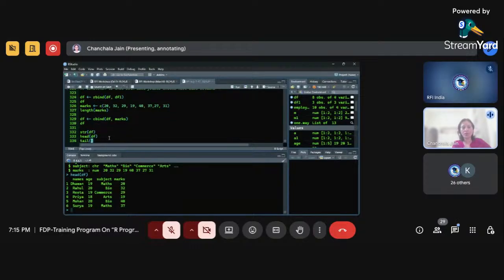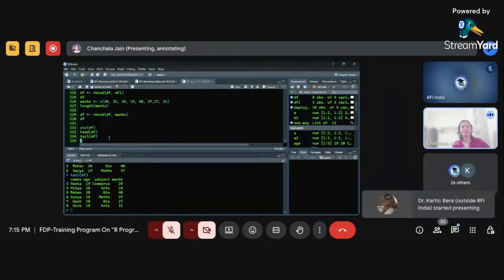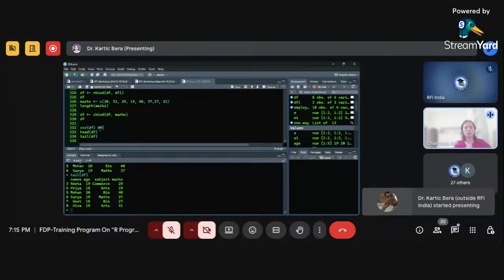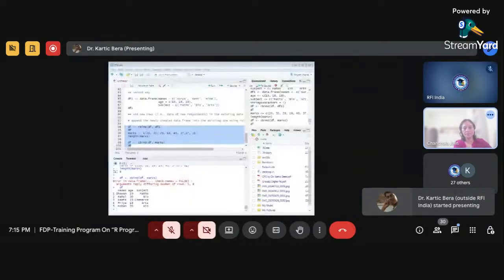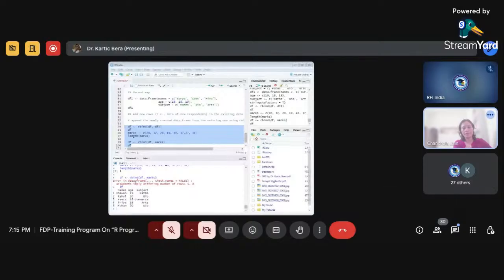Three more functions I need to tell you, and then we'll wind up. str, it will show the structure of the data frame. Head function,